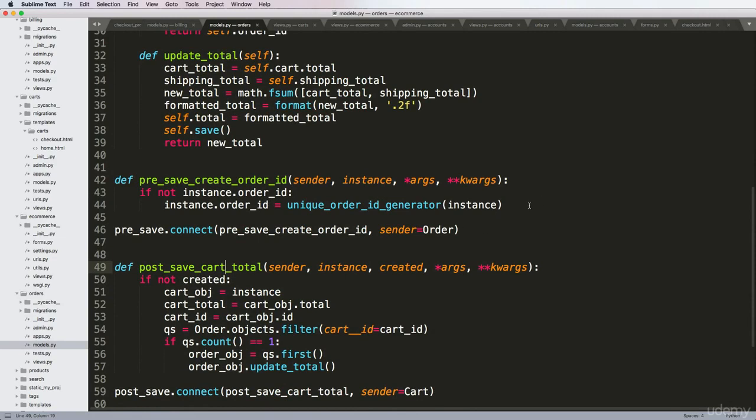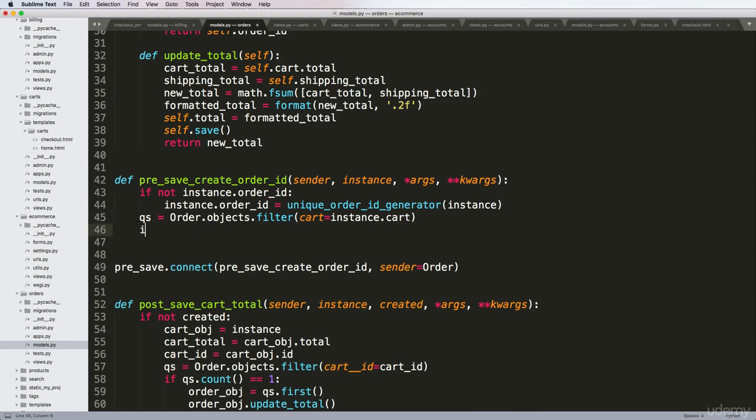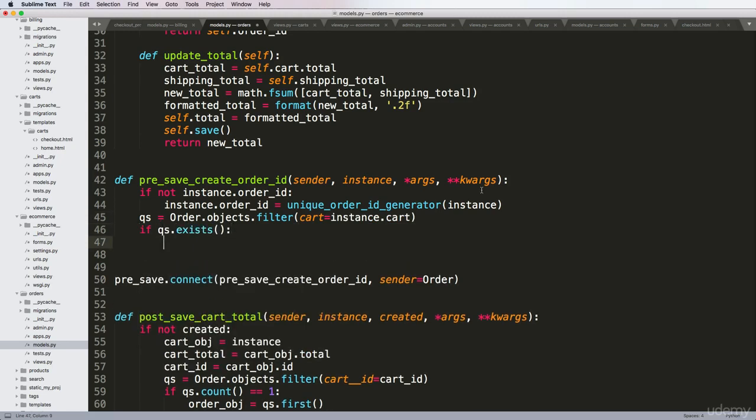Now, what I want to do is basically say we want to go and get our order.objects.filter, and it's going to be the cart equaling to the instance.cart. If qs.exists, then we probably want to say qs.update active equals to false. Oh, there is, of course, one thing in here. We want to say exclude payment,